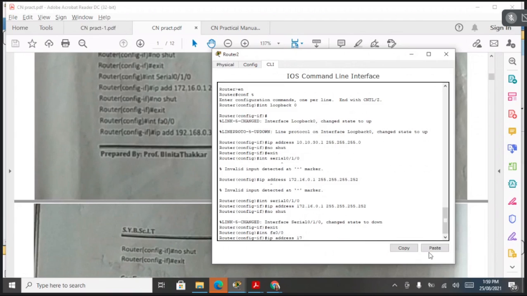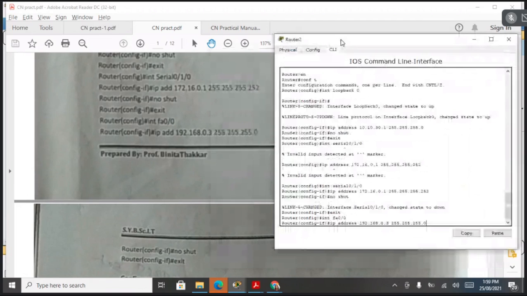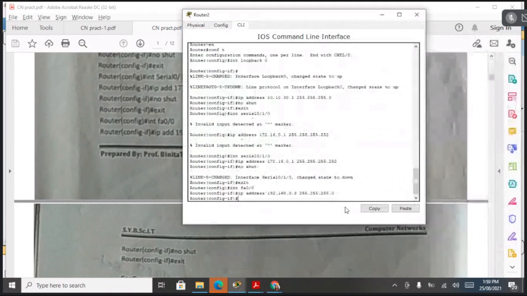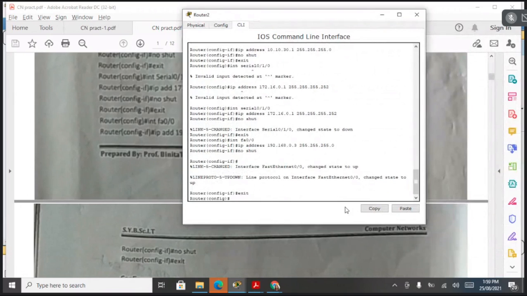We can write as a 192.168.0. यहाँ पे अभी 3 यूज करना है. ओके एंड देन mask is 255.255.255.0. ओके हो गया. देन प्रेस नो शट, exit. Then now this is configuration on R2.